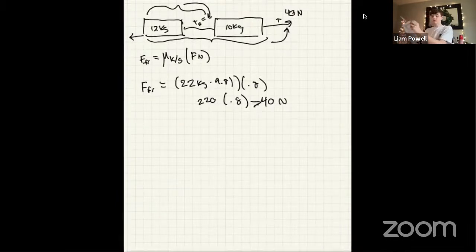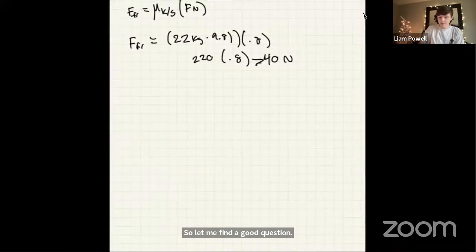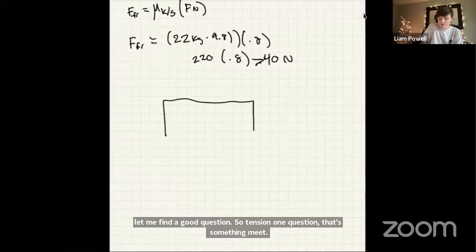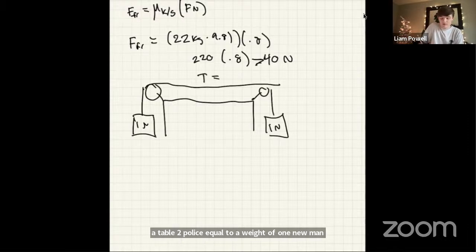Okay. So now to explain more on that tension. Let me find a good question. So tension. One question that stumped me while I was just learning about this was that if we have a table, 2 pulleys equal to a weight of 1 Newton, and they're attached, what is the tension in the string? And then that tension would be exactly 1 Newton